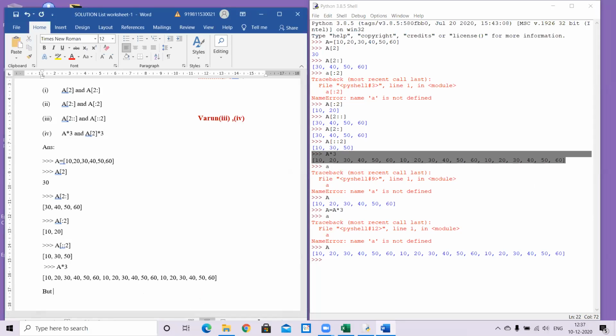But the replicated data is not replaced back into the list A. That will be done only if I write A is equal to A into 3. That is A assigned to A into 3.